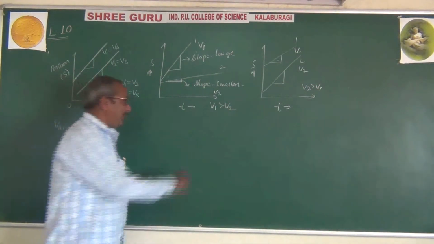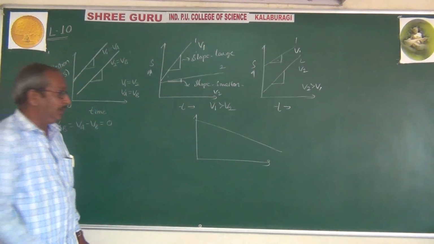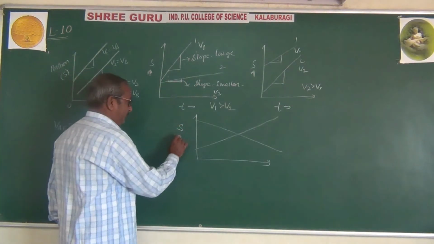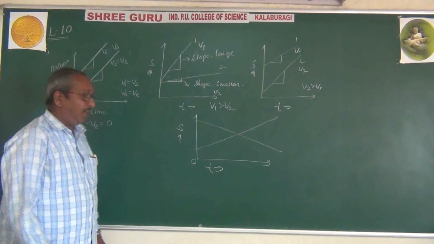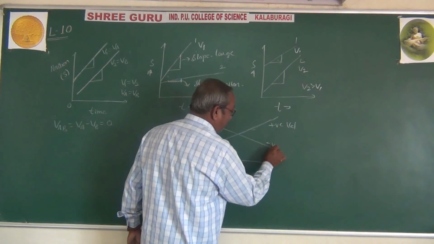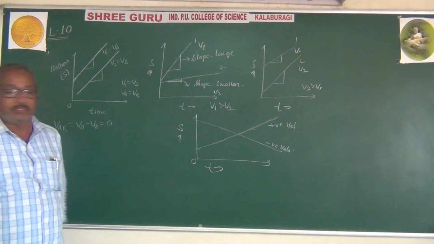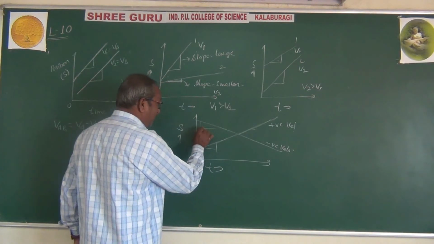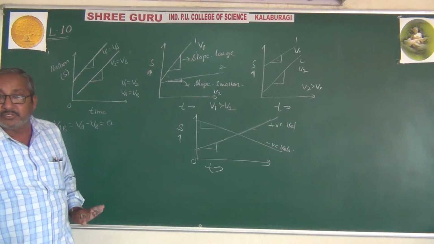Sometimes we will get one with negative velocity and the other with positive velocity. This is an ascending position-time curve and this one is a descending curve. An ascending curve means positive velocity. Here negative velocity. One is positive velocity and the other is negative velocity, because by getting the slope of this curve, this will be negative and this will be positive. That is why negative velocity and positive velocity.